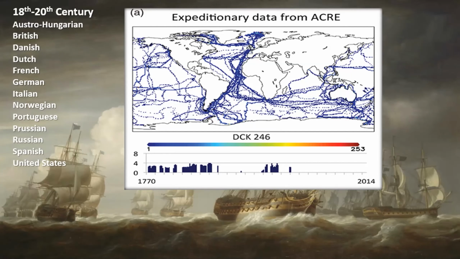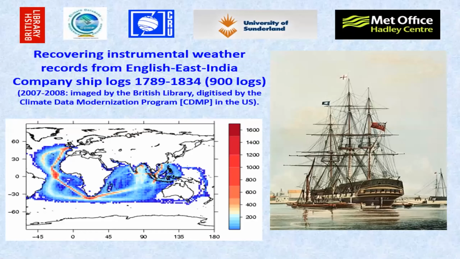And you can see on the left-hand side the countries that a number of this material comes from. Now, obviously, a lot of it is British, Dutch, and French around this period from the 1770s onwards. But there are many other nations contributing data, and very valuable information can be gleaned from them. And we haven't finished looking through all of these, because a lot of them are still to be recovered and their sources properly scanned and digitized. But that just gives you an idea about a layer of information that we've been able to bring in from expeditions.